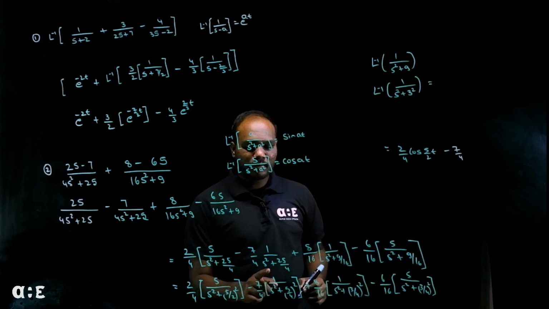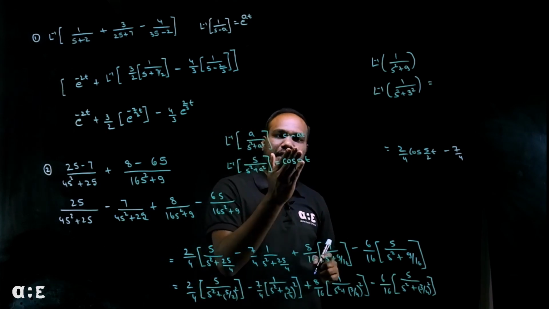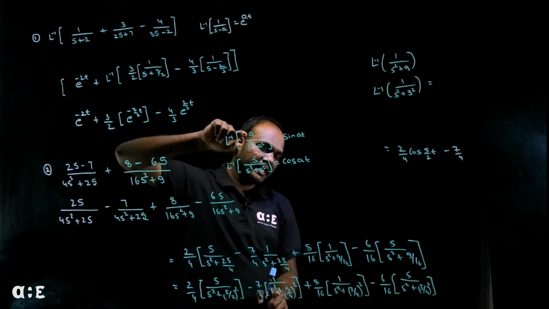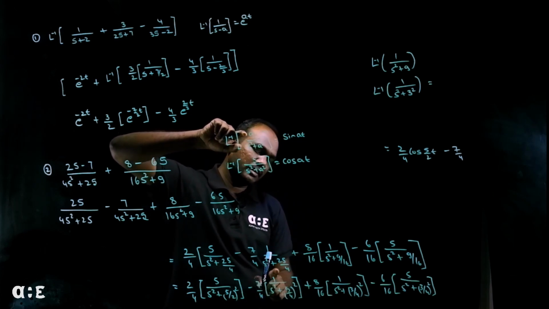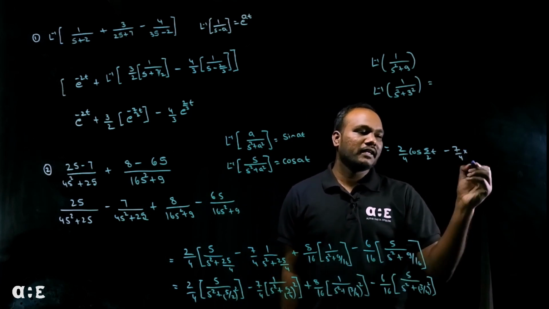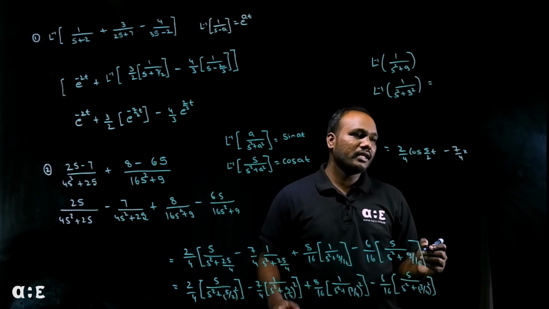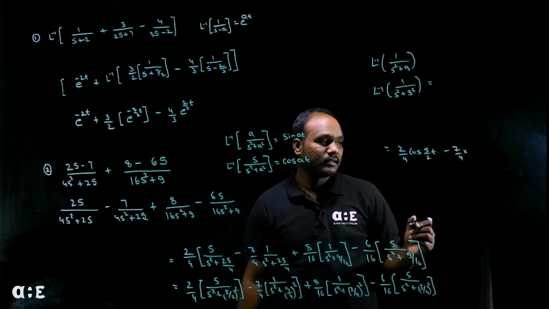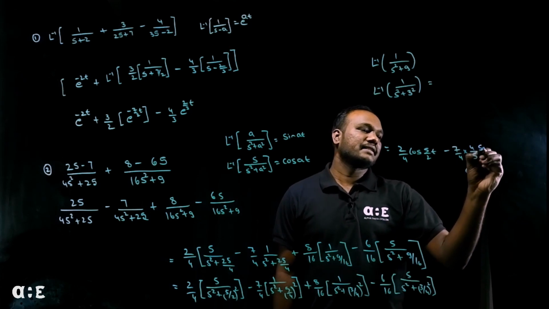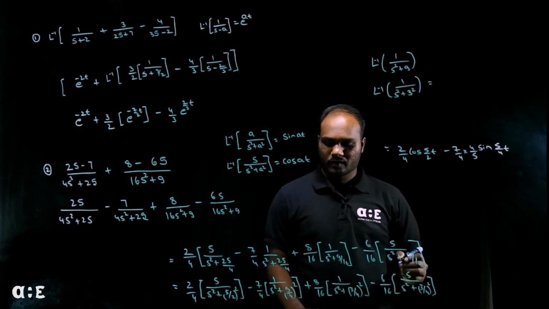See, whenever there is a number in the numerator, that should become sine. But if we have a square, the numerator should be a. So I need to multiply 5 by 4 in the numerator, and in the denominator I should multiply with 5 by 4. So I'll multiply with 5 by 4 in the denominator. If I reciprocate, I'll get 4 by 5, right? So what do I get? 4 by 5 sine 5 by 4 t plus,